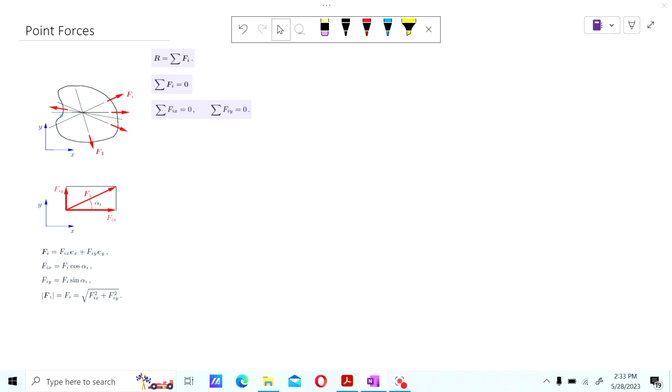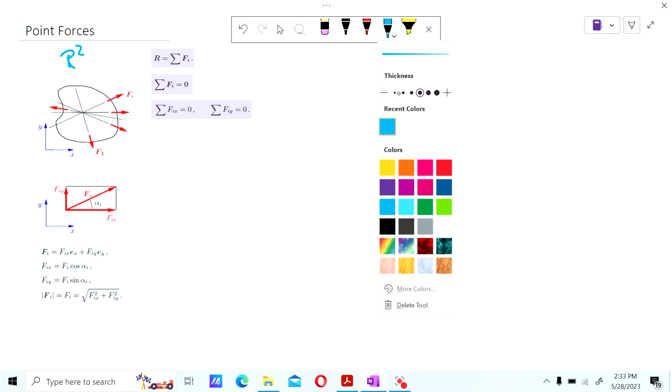This is what it's supposed to be. Could be a bridge, could be a building, could be a car. And at this point, the only thing we know is that it's defined in two dimensions because there's an x and a y within this field. So the first thing we know is that this is defined in R2,